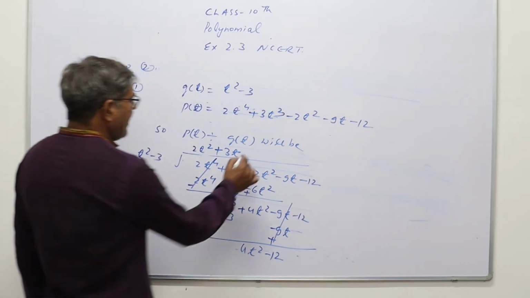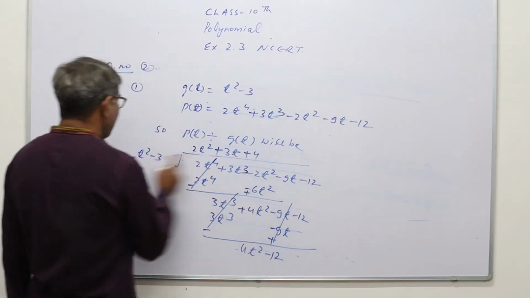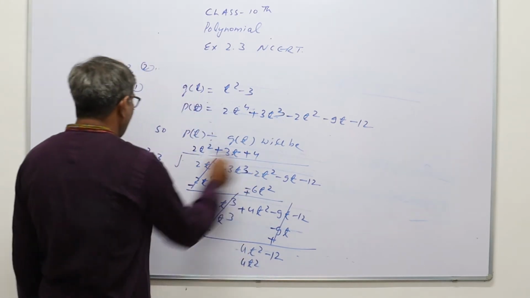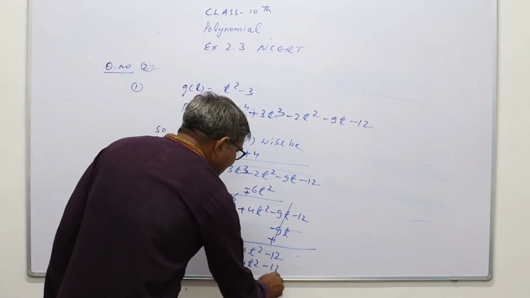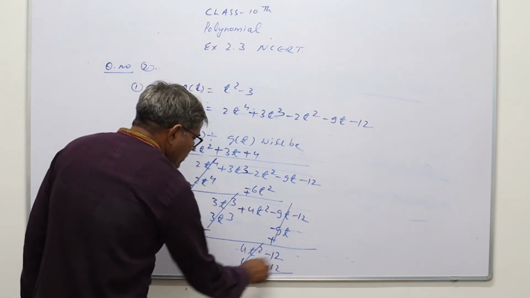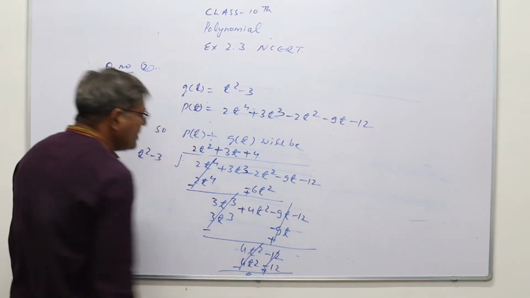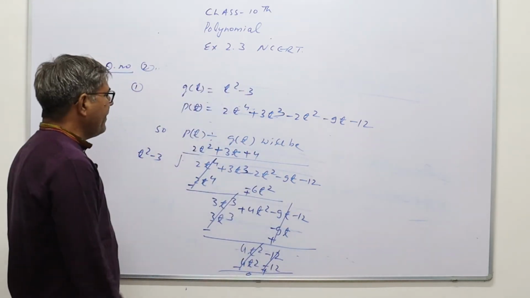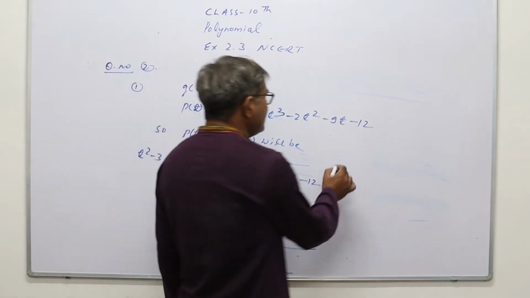So if we multiply by plus 4, then plus 4 into t square, that is 4t square, and 4 into minus 3, that is minus 12. On subtraction, change the sign, minus plus. So these two terms will be cancelled out. The remainder is 0. So t square minus 3 is a factor of p(t), and the quotient